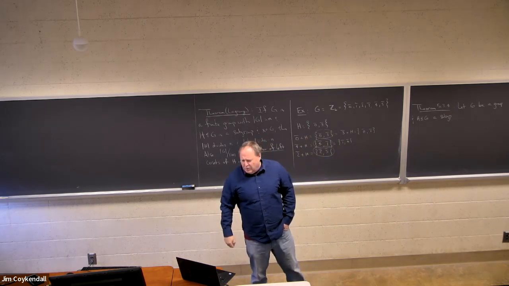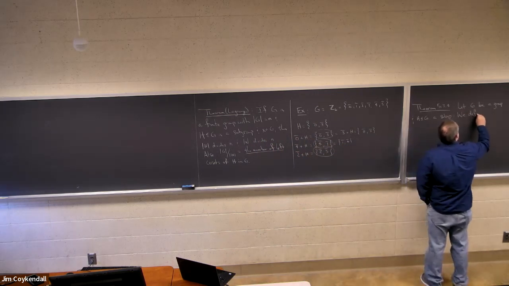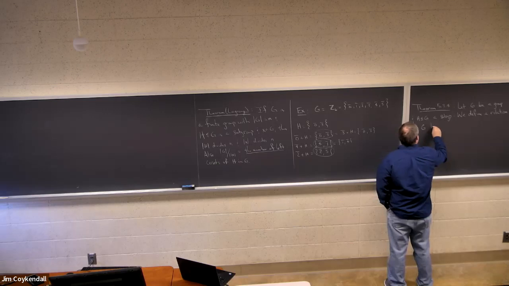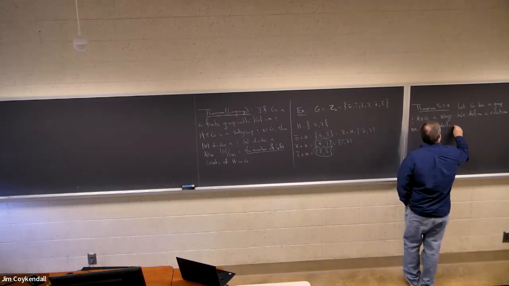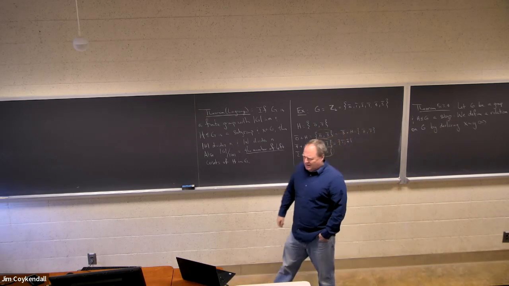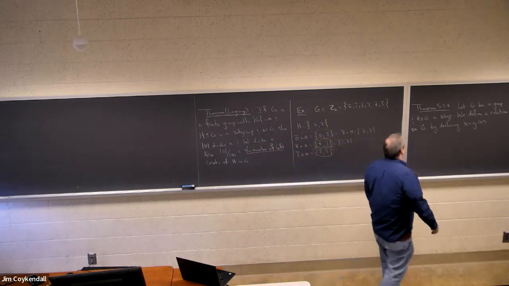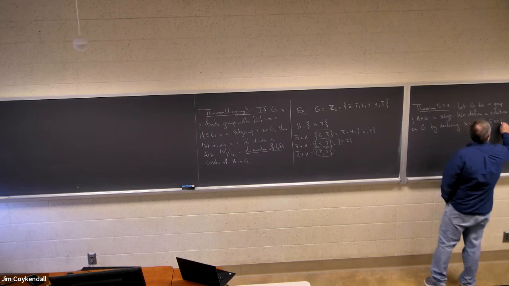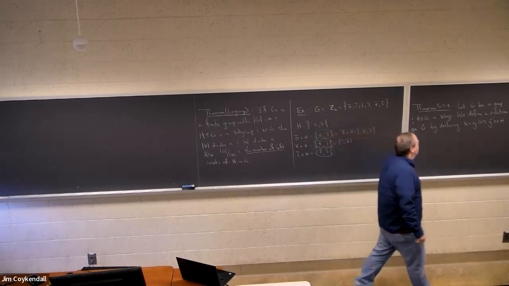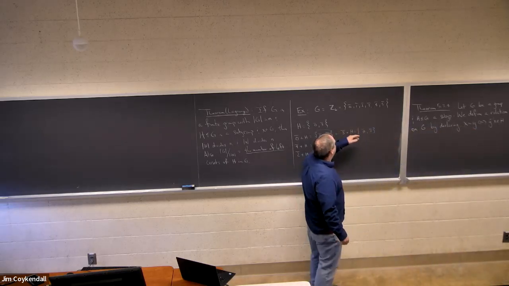We define a relation on G by declaring X is related to Y if and only if Y inverse X is in H. So I'm going to say that X and Y are related if Y inverse X is actually an element of the smaller subgroup. Like over here, in this example,